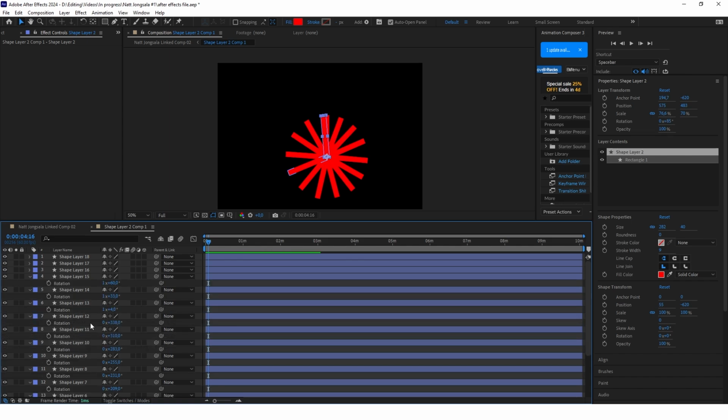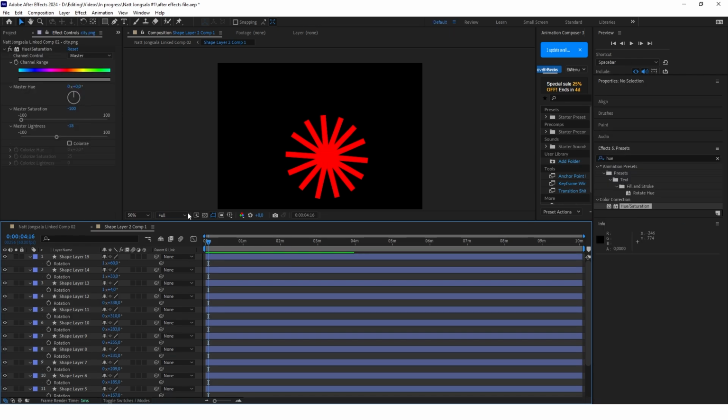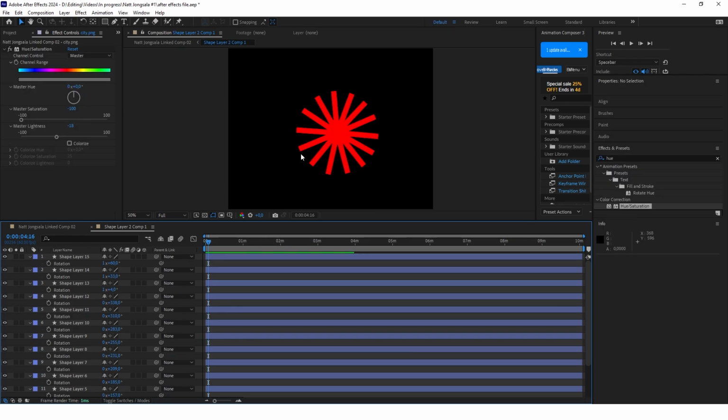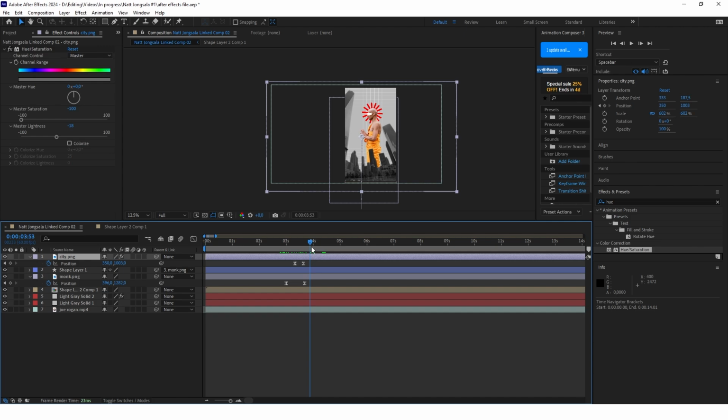Okay, and I see that 18 rectangles is too much for me, so I will just delete the last 3 rectangles. And so yeah, now we created a shape like that. Okay, now we have the whole layout. We can actually animate the background appearing.